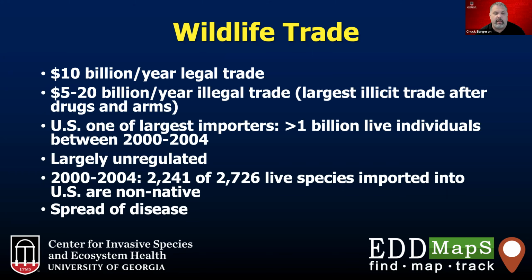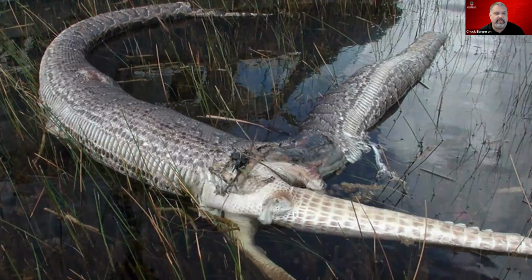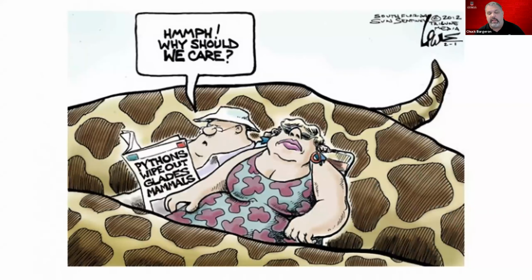For the first example, I'm going to talk about the Burmese python. This picture was kind of the picture that brought the Burmese python to the forefront. It was taken by a National Park Service pilot in the Everglades. They saw something weird, came down to investigate, and it's actually a python with the tail of an alligator coming out of it. This brought a lot of attention. This picture went viral at the time and started bringing attention to the python problem in Florida.